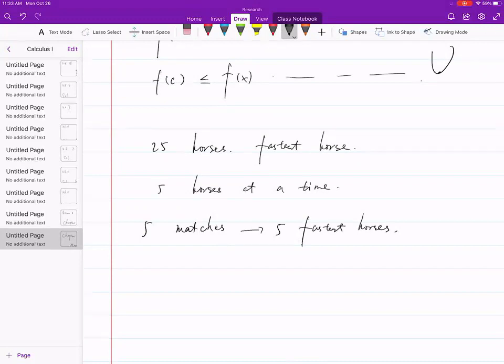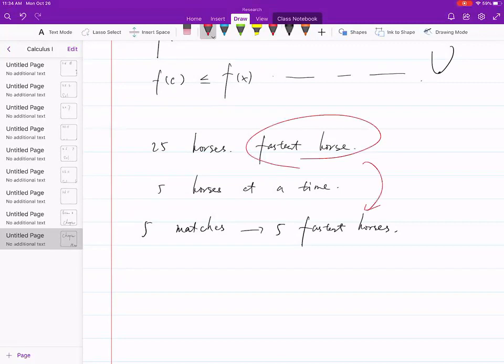Make sense so far? Are they the fastest of all the 25 horses? Of course not. But each one is the fastest of the local group, which are the 5 horses. This one is the fastest. These 5 horses, they are the fastest. Still okay? Now the question is, do you believe absolutely that the fastest horse will be one of these 5